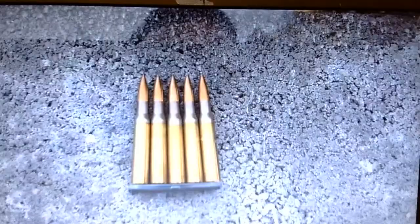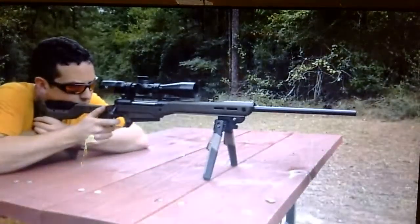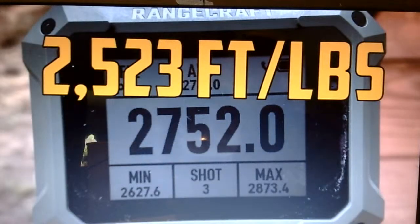But moving away from our hunting bullets, we have a military load. This is the 1903 bolt action version, and so it should be quite a bit spicier. And thank you to Emax Tactical. I mean, that's a steel plate. That's about the velocity you could expect with an M1 Garand. Yeah. Anyways,